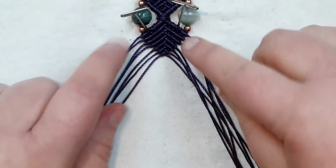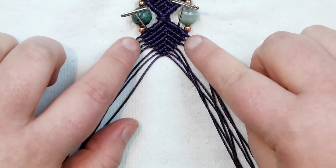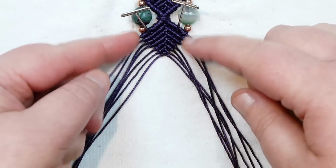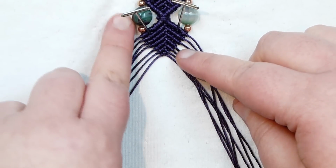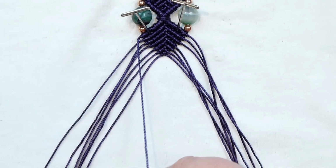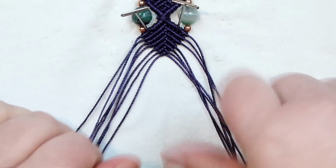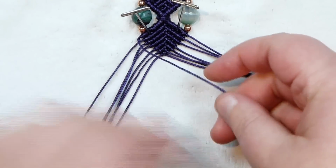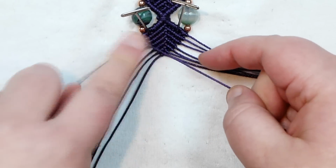So how we're going to do that, it's the same principle as the other one. So we're going to finish off that last edge down here. The only difference is, obviously because this is the last one, we don't have to worry about adding any beads like we've done throughout. So we just start the same way, take your outer one, start on one side at a time, take your very most outer cord there,